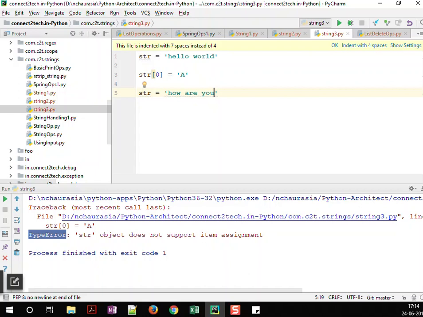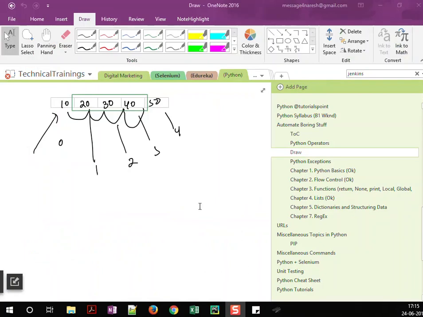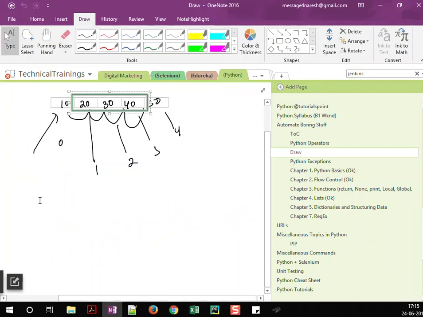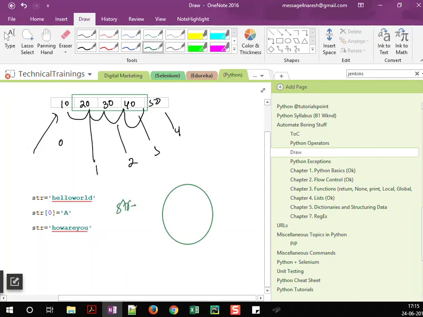So if I were to explain this with a diagram, just 1 minute. Okay, if you look at this example which I was trying to explain to you, let me go back to that example, which is this one, right? Let me copy it and put it here. If you think of this circle as the memory of Python, the first time str is pointing to some memory location which contains "hello world", right? Now in the second case, when you say str is equal to "how are you", this reference goes away, and str is pointing to a different memory location which is holding "how are you",